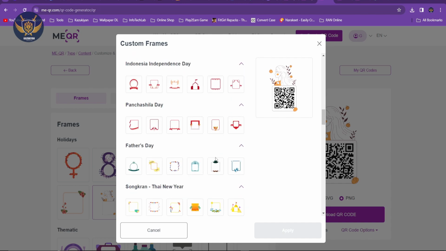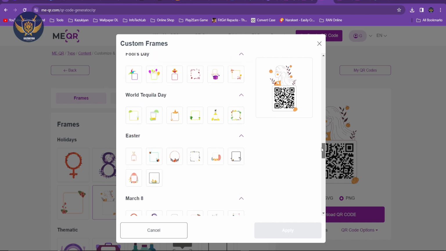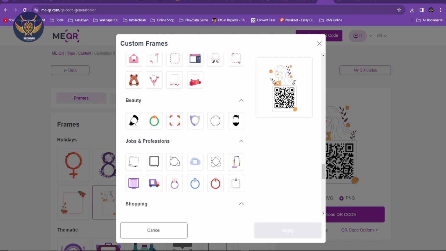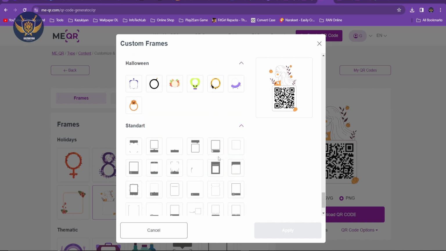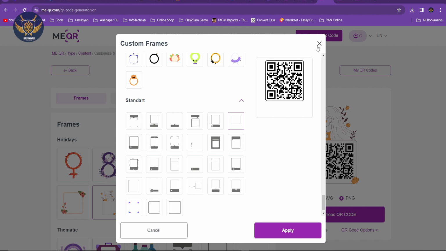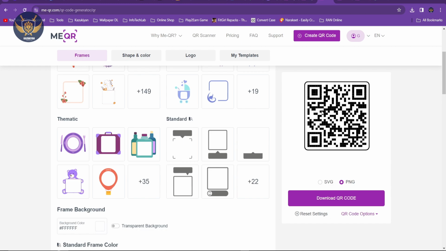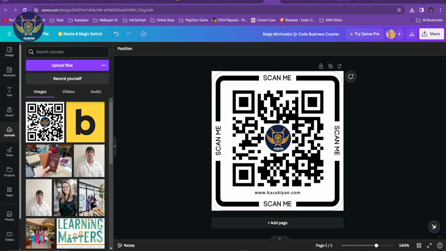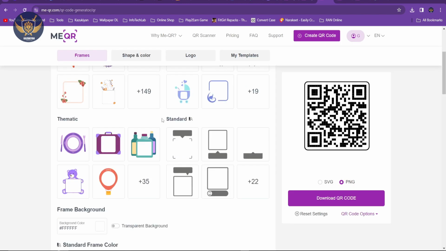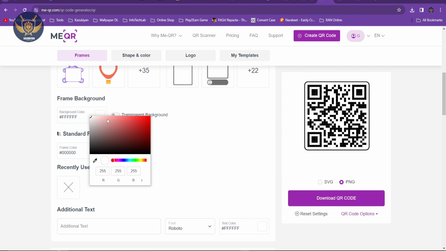that you can use. This is free, so no worries about that one. Then scroll down, you can choose any of these frames for free. So I want this one, symbol, so we'll choose that one, apply. Then you have it here. Now I want to insert my logo here, which is similar to this one. So what you're going to do is scroll down. By the way, you can change the background, the frame color,